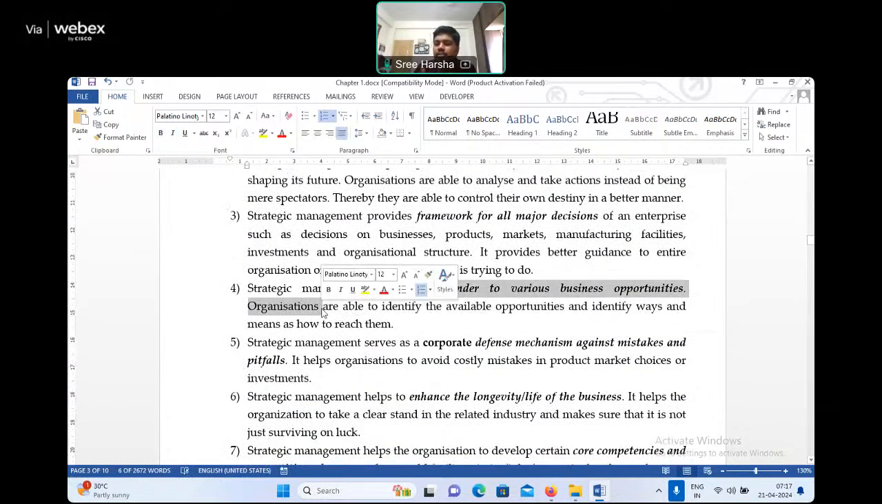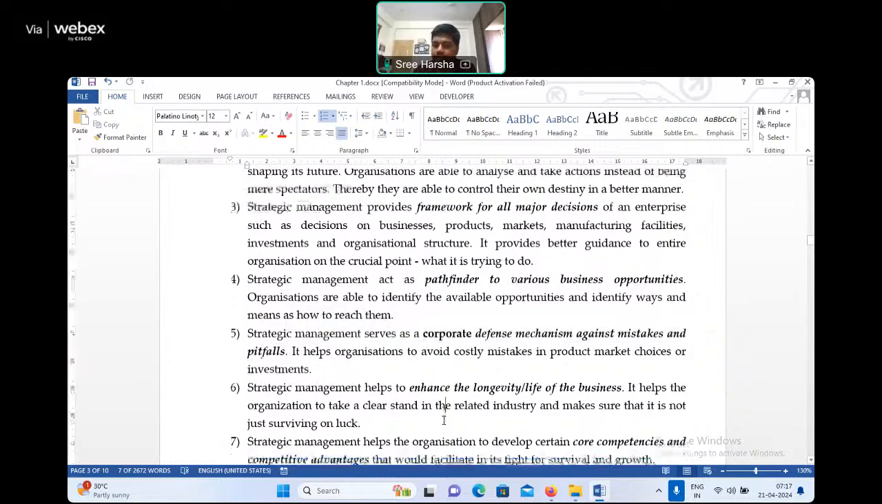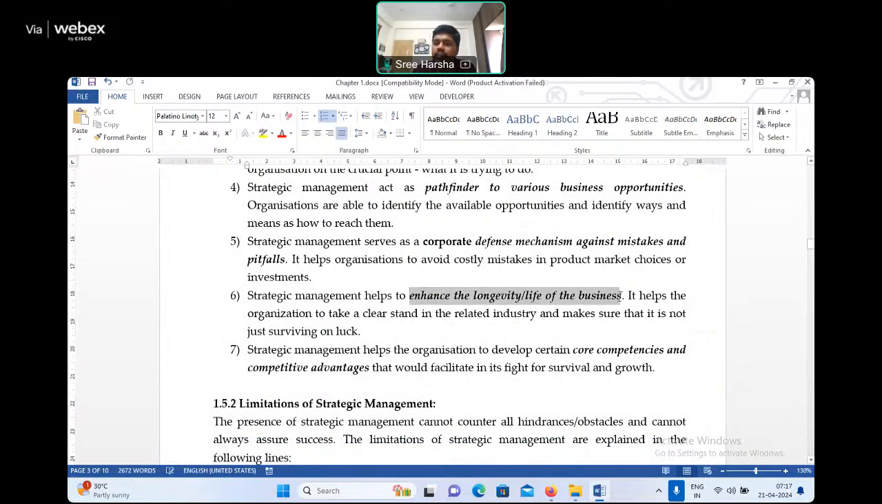It will help us to find various business opportunities beforehand and then pursue those opportunities. It acts as a defense mechanism against mistakes and pitfalls, so that since there is a framework, we will not commit mistakes when we are actually implementing the strategy. Then there is a strategy. See, in Bahubali, we could have attacked the Kalakeya without strategy as well. But maybe probably